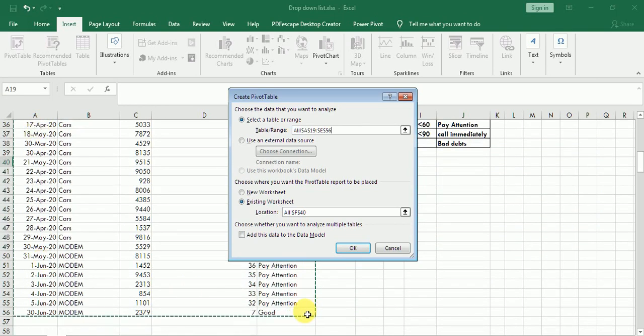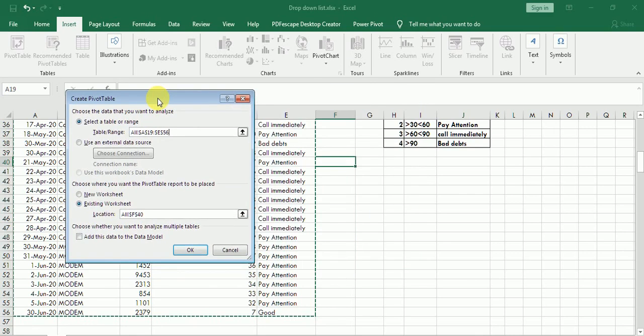See, we have selected it. Existing worksheet, yes, and I have given the cell as well, that is F40. All is the name of my tab, $F and $40, which means it has locked row and column as well.